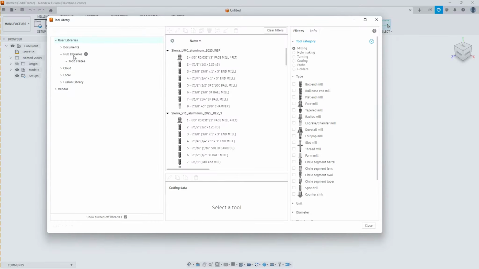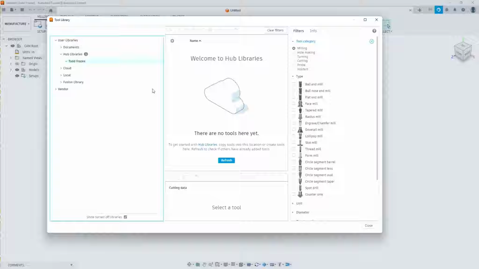Okay, so what we're going to do is we're going to import it into hubs. Now, in the past we used what was called cloud storage. This allowed you to open your library no matter what computer you're on. Fusion has this warning now that they're shifting over to hub libraries. So you created a hub, first made your account. Could have a funny name here if you didn't choose it wisely, but you can change that if you go into the web interface. So my hub is just my name, Todd Frazee,